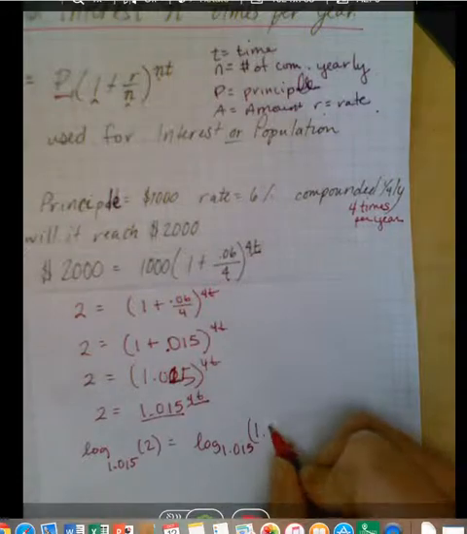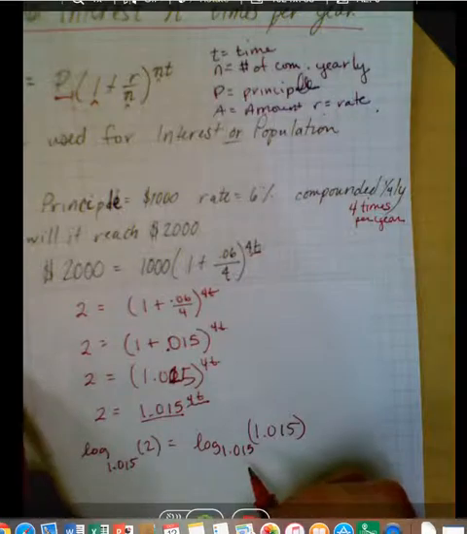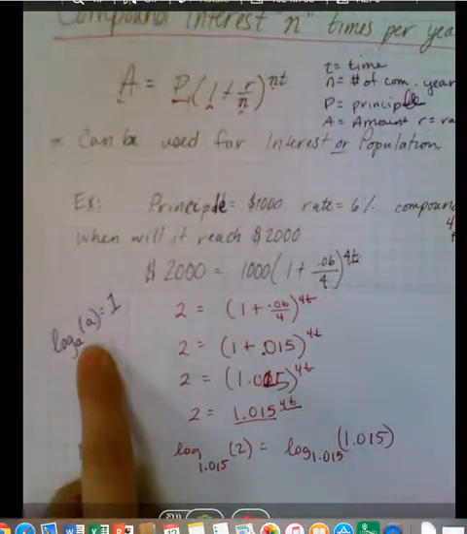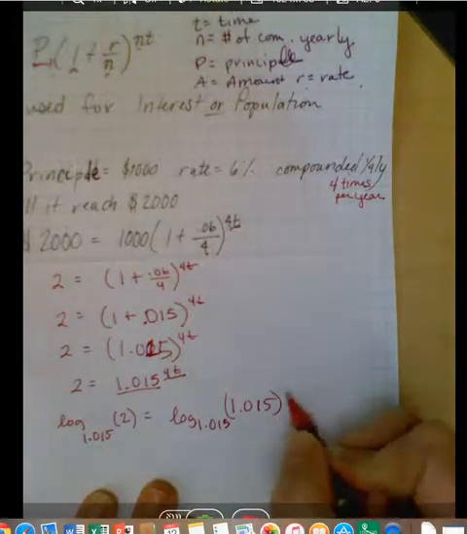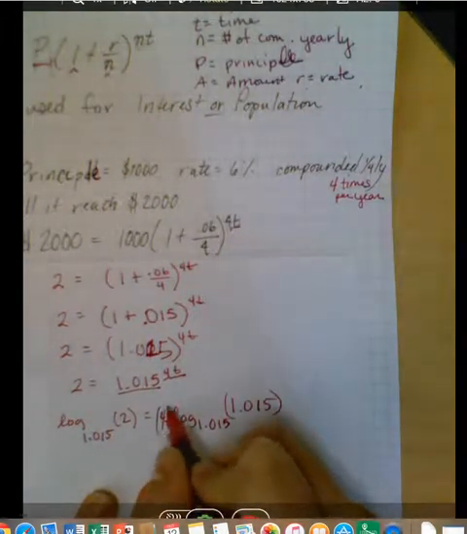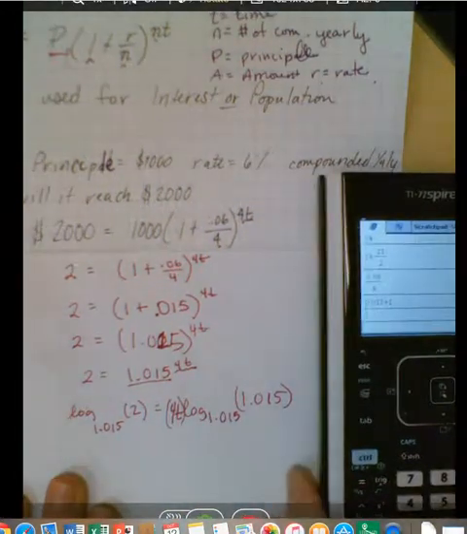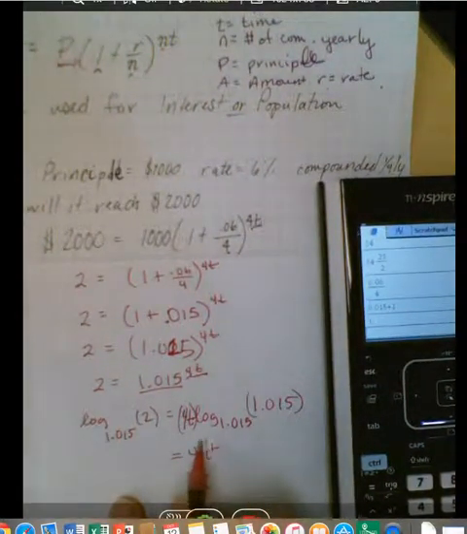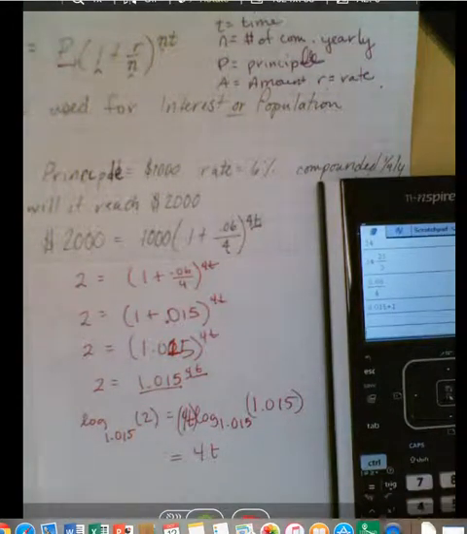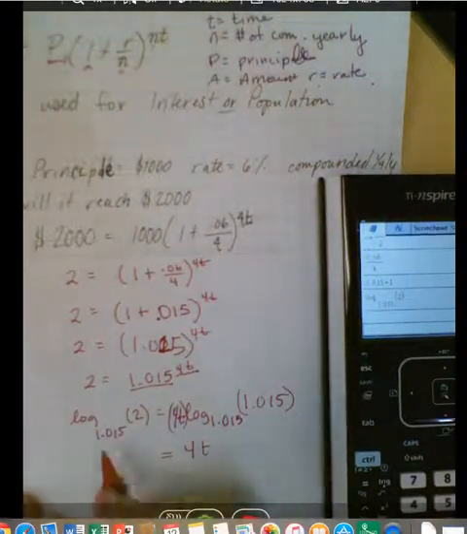of 1.015, this is going to become a 1, right? I wrote that rule over here in your notes to remind you why that works. And then if I take the log of a number with an exponent, that becomes my multiplier out front. So I'm going to use my calculator to figure out what this is. This is just 1 times 4t, so 4t. And then log base 1.015 of 2 is